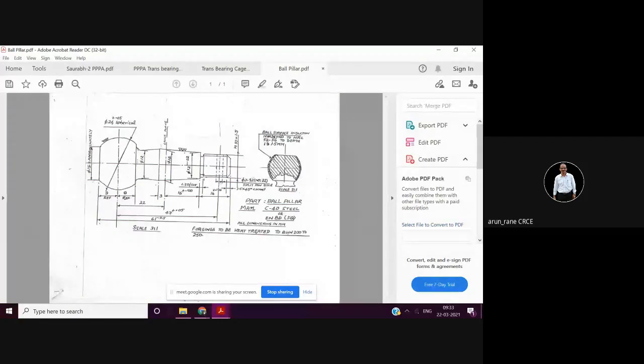So if the size is close like this 0.02 or 0.05, then we have no option but to go for grinding, because this is mass production. So you should get all the components within plus or minus 0.02. On a CNC lathe you will get that, but the finish you get is better on a grinding machine.